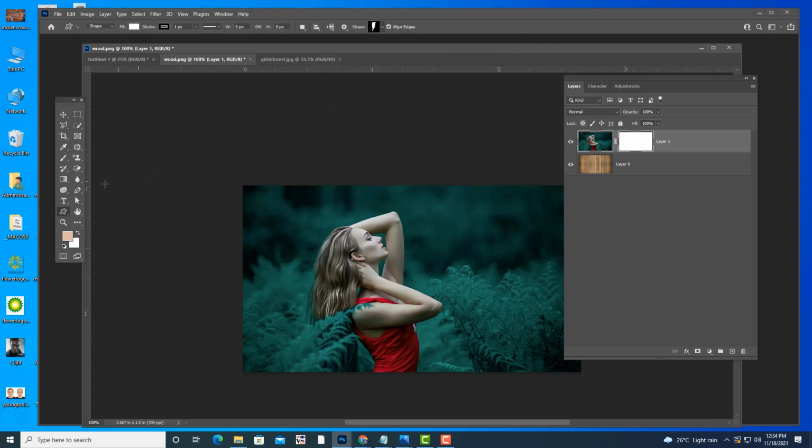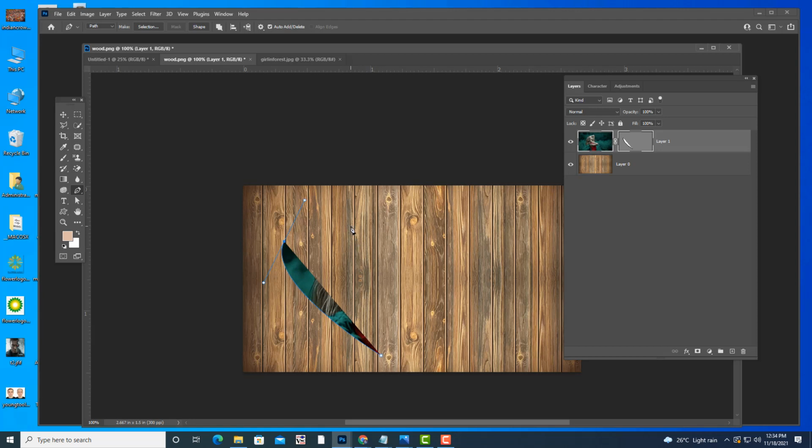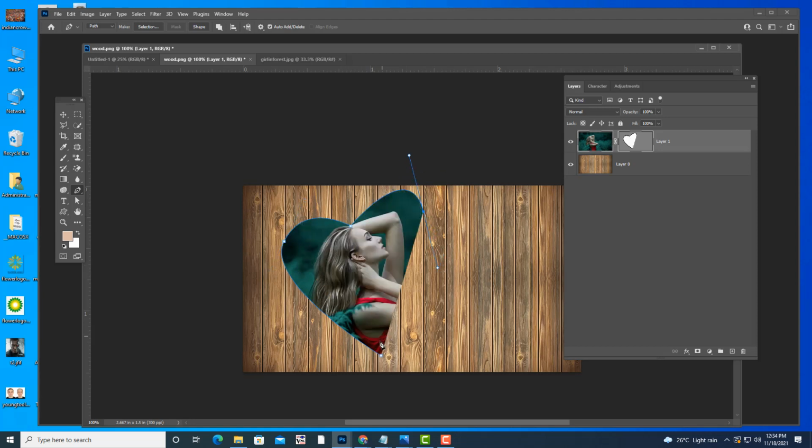So we will create our own shape with the pen tool. Okay, so we'll create a simple heart shape like always. So path, thumbnail active, combined shapes active. So now see, this is the vector mask, and see here, it is now showing in gray color. And then you can modify this shape.